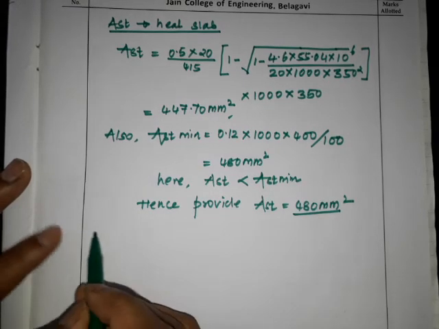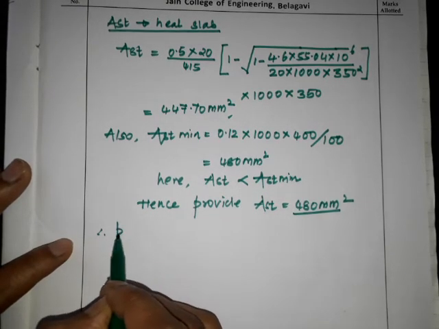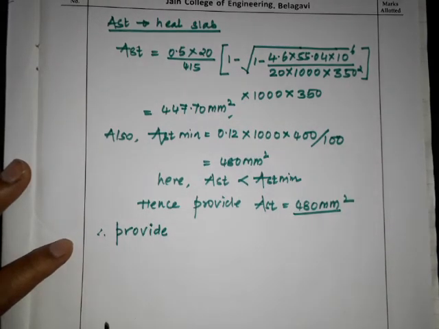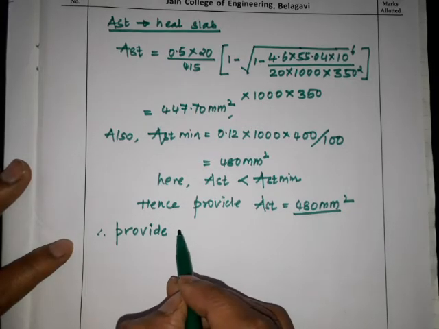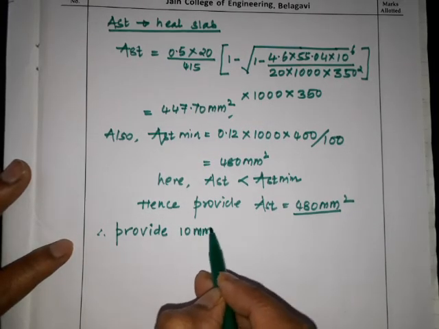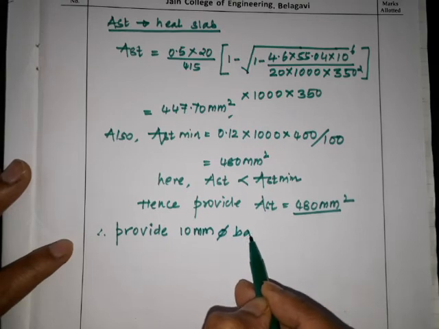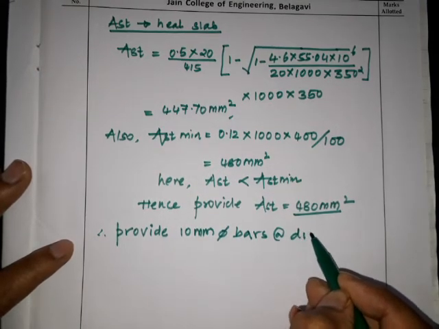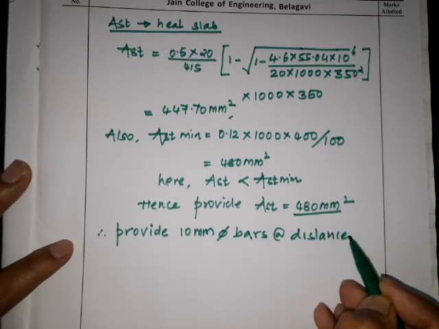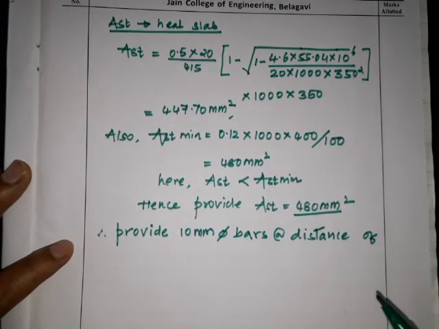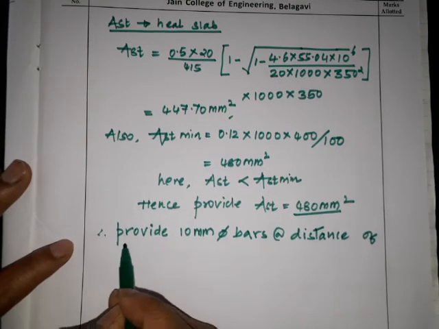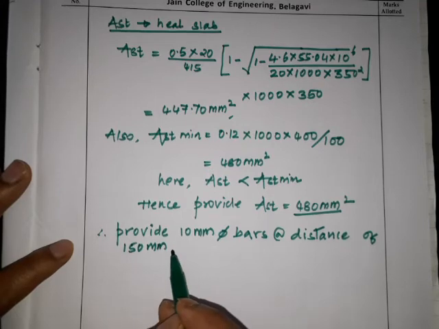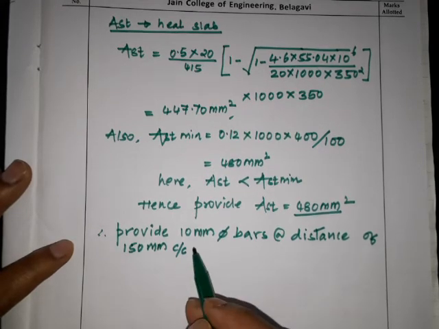So therefore provide 10 mm dia bars at a distance of, I'll round off to 150 mm center to center